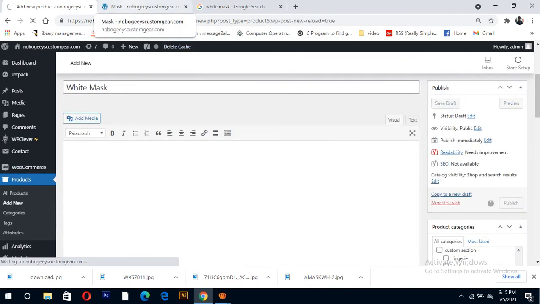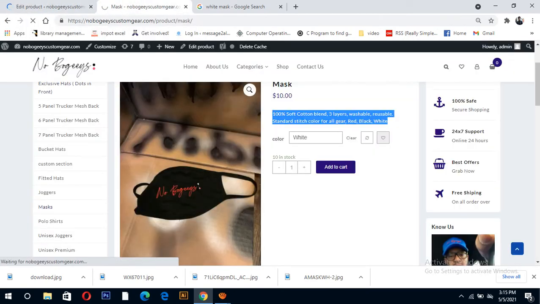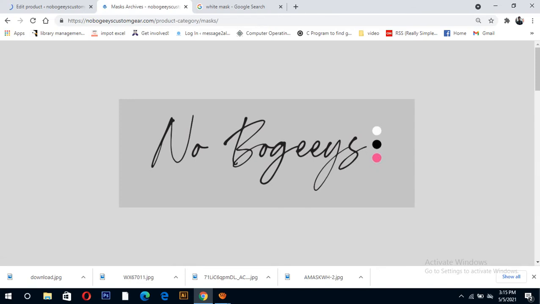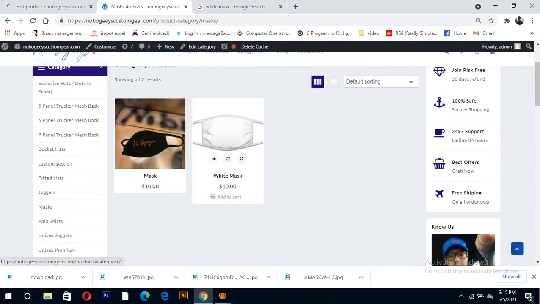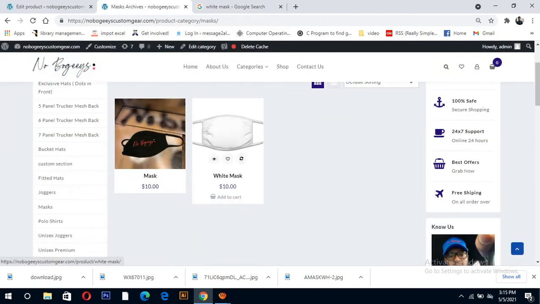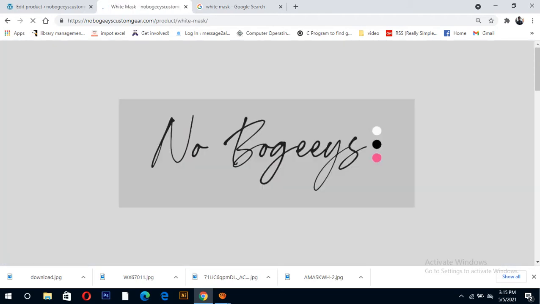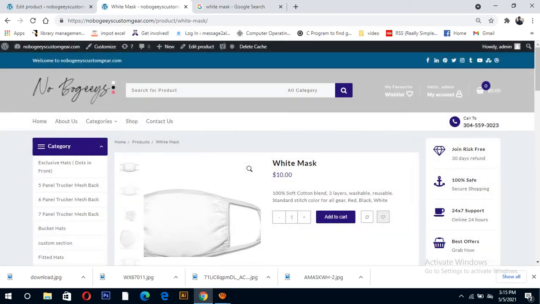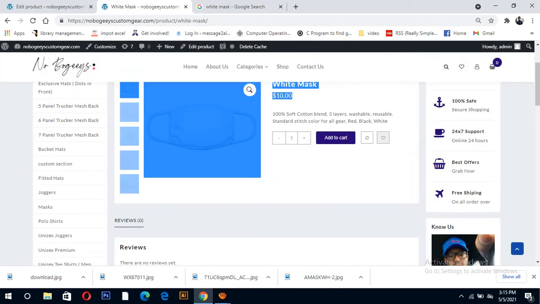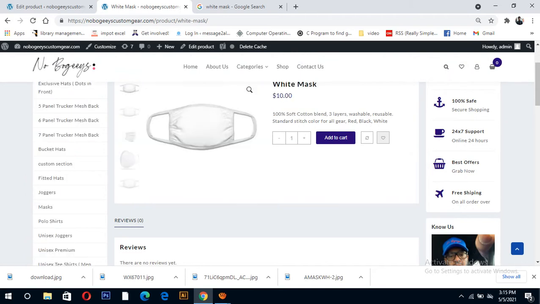Okay, now publish and save, and now we can see the marks category. Now we can see this product is added here. This product is only one, with no color, no variation, so that's the simple way to add a product.